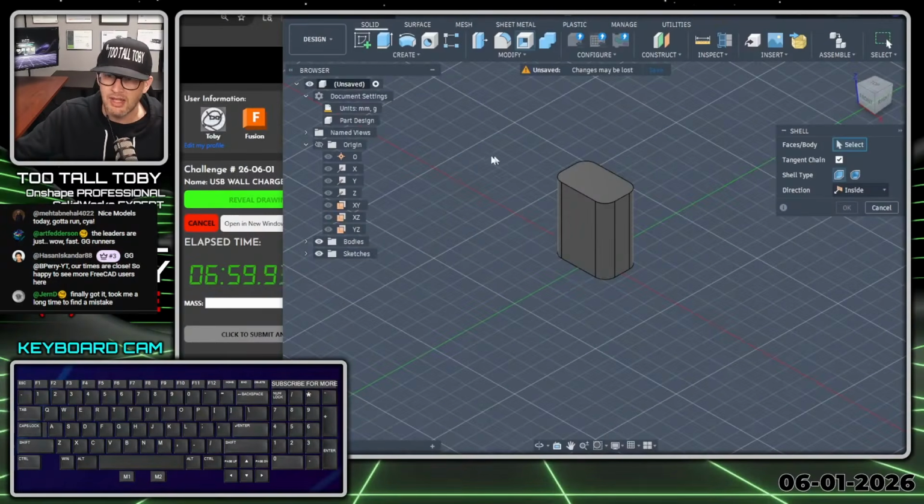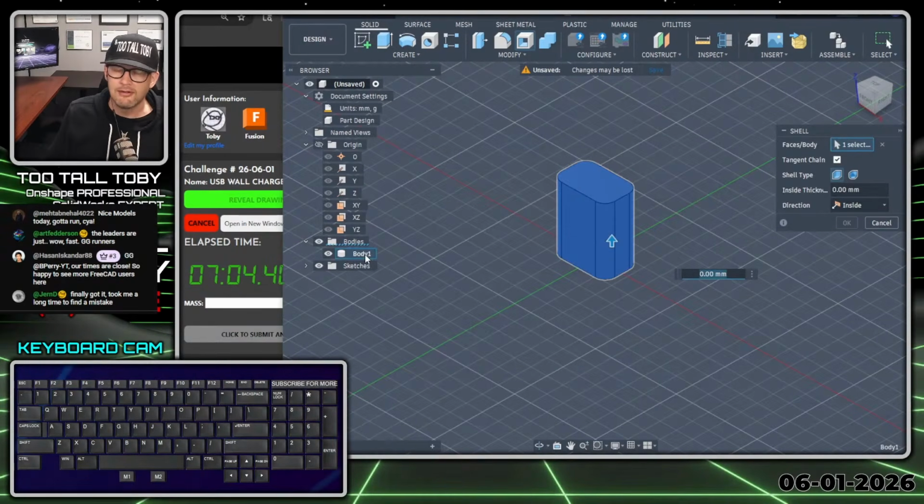So what I can do here is I can just go into the folder for bodies, and then I can just click on this body 1. And so now the entire body is going to be shelled out. It's going to be shelled out to the inside, and then that wall thickness is going to be 2 millimeters,